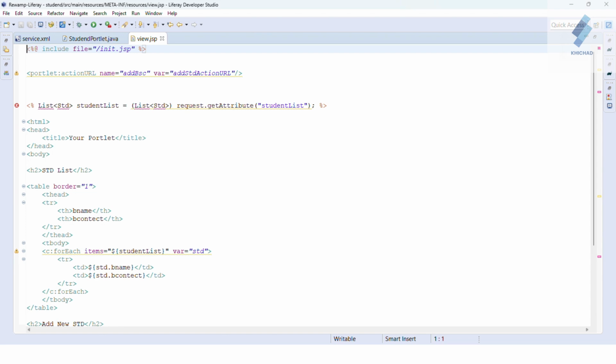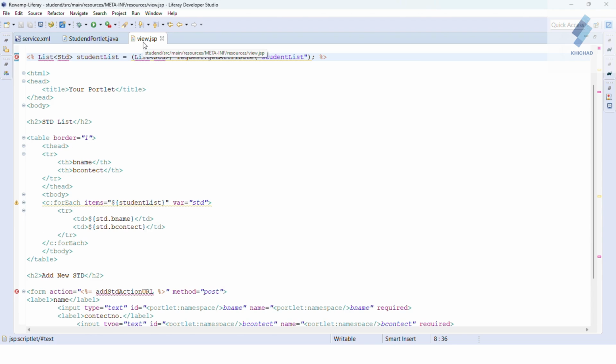It provides a form which submits data to the server-side action URL, like this URL I just created. The student list is dynamically populated using the list, from the get attribute, and the form inputs use a namespace to avoid conflicts with other portlets.